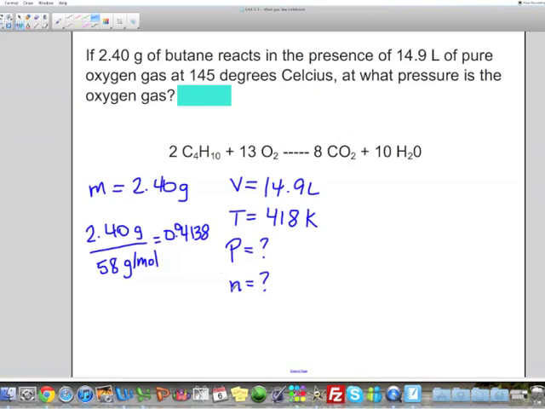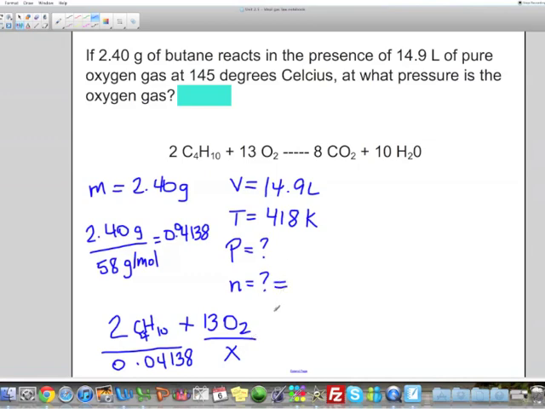I need to know how many moles of oxygen I have, so I'll need to do a ratio. My ratio is 2 moles of C4H10 needs 13 moles of O2 to react. Now in this case, I'm not working with 2, I'm working with 0.04138 moles. In that case, how many moles of oxygen would I need or would have reacted? So 2 moles of butane for 13 moles of oxygen, but in this particular case, I only have 0.04138. How many moles of oxygen are needed for this amount to react? Well, the amount is 0.26897